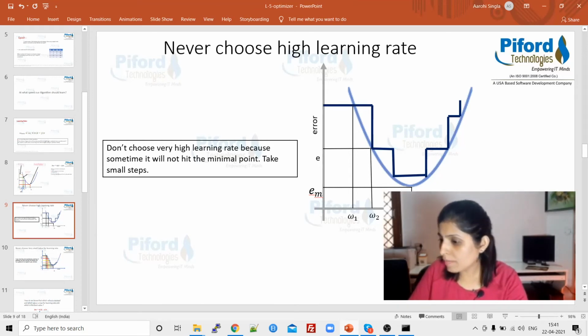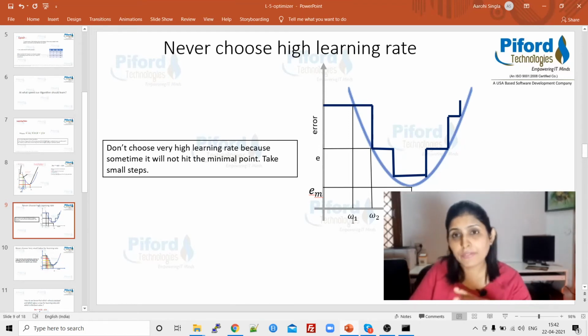If you see, this is the weight and this is the error. When the weight is W1, this is the initial weight value, and at that time our error is this. But after that, you'll see this is a huge jump, right? I have skipped so many values. Let's suppose initially the weight value of W1 is 1.